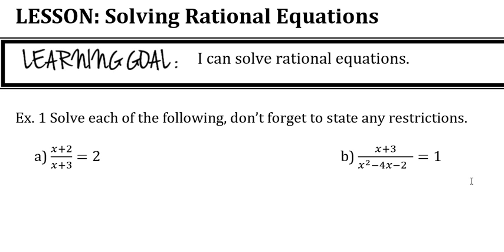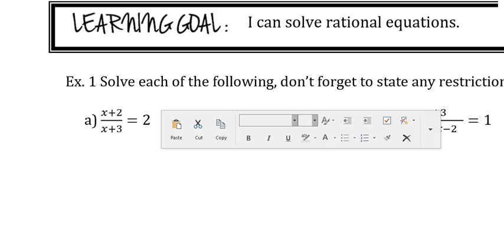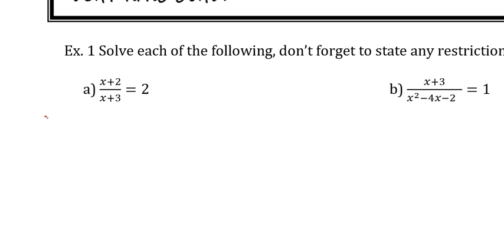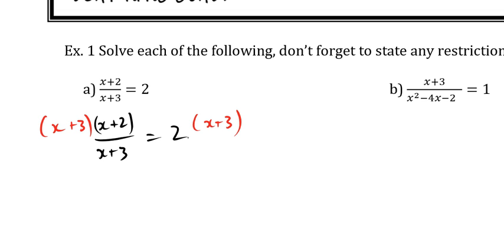Now that it's an equation, in other words, I can do this. Multiply both sides by x plus 3. And so I get x plus 2 over x plus 3 equals 2 times x plus 3. Multiply both sides by x plus 3. On the left side, they divide to 1. But remember,